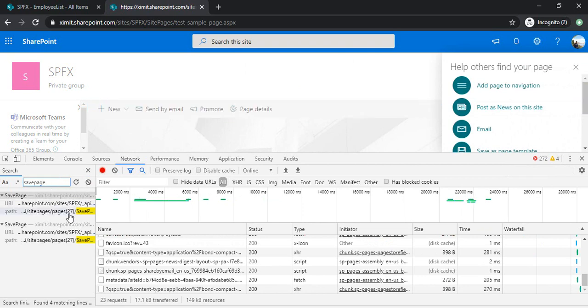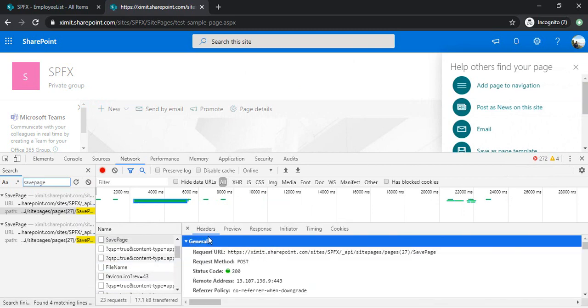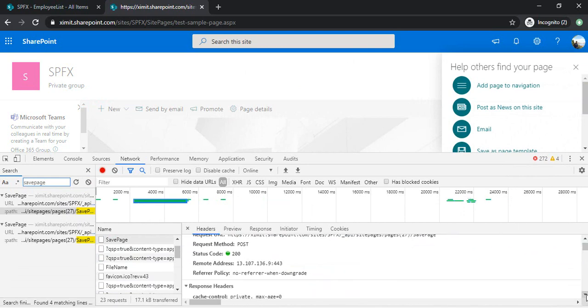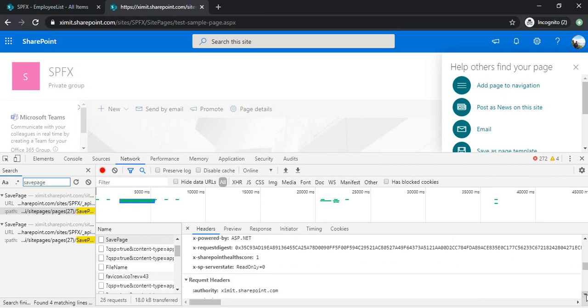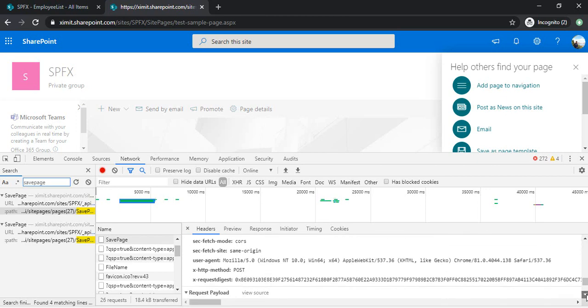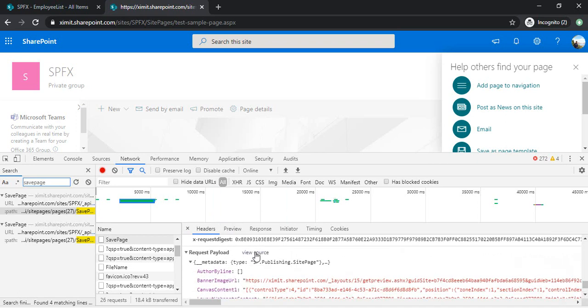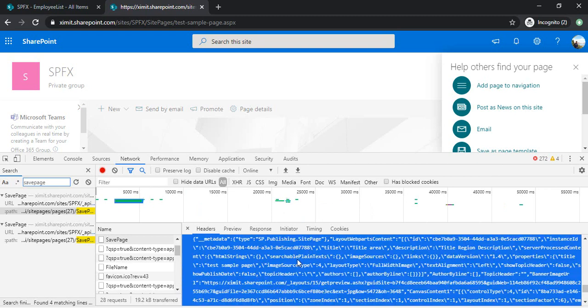In the save page action, you can see I got one path. I clicked on it and opened it. Now you can see in the header we have the entire request URL and the response header along with the page load body. I'm scrolling down. Yes, this payload, you can click on view source so that you can copy the entire thing. Just copy it,